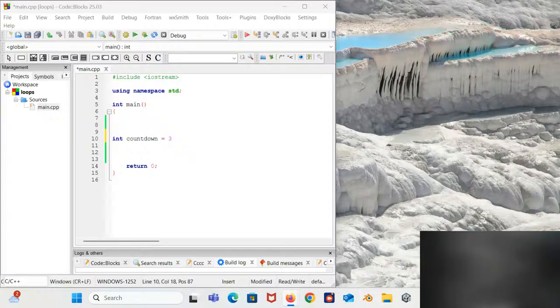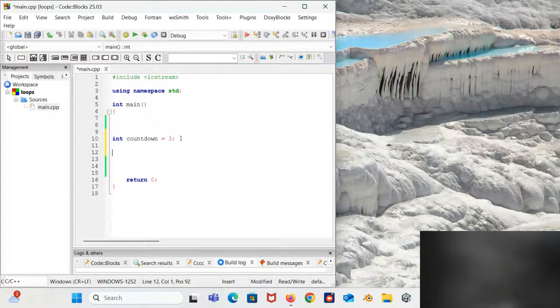Countdown is equal to 3. We set an initial value for countdown equal to 3, right?